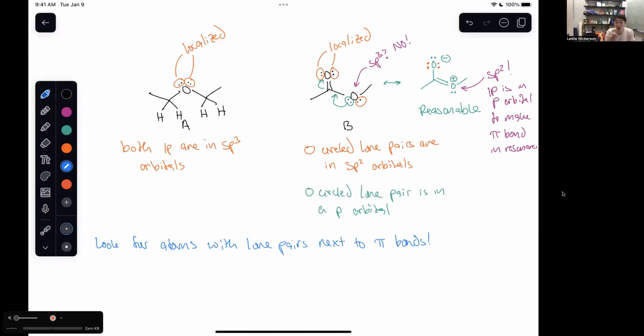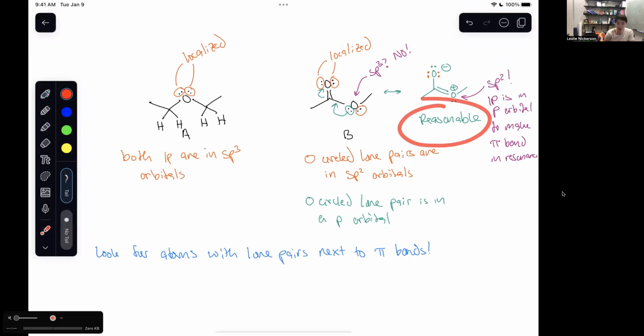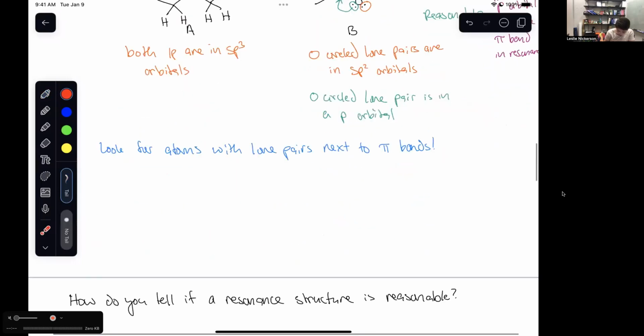Okay, so that's kind of going to be a good rule to follow, because as we saw up here, those lone pairs that are on an atom that are already part of a pi bond are generally going to be in those hybridized orbitals that are not delocalized. They're just a localized lone pair. But the ones that are next to the pi bond, those are the ones we kind of need to look out for. But I said this word reasonable up here, and I think we should talk a little bit about